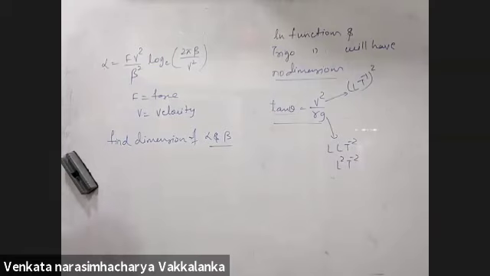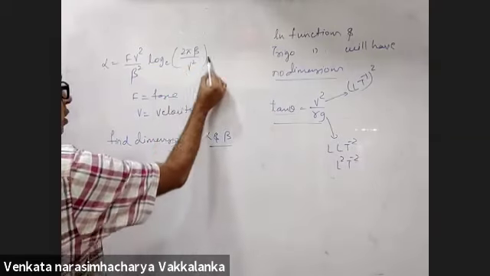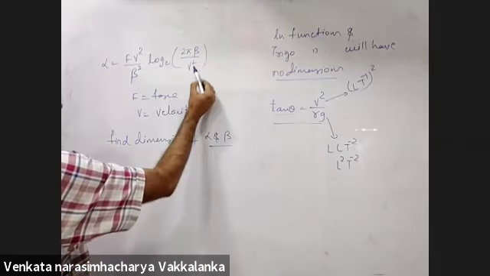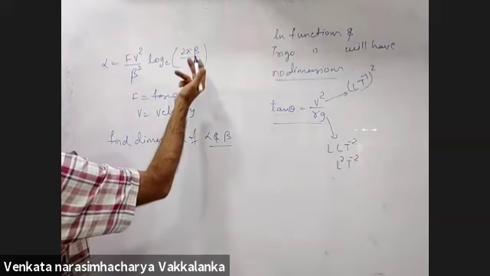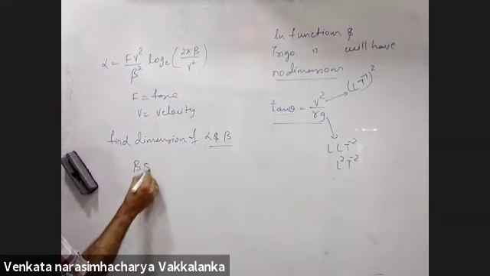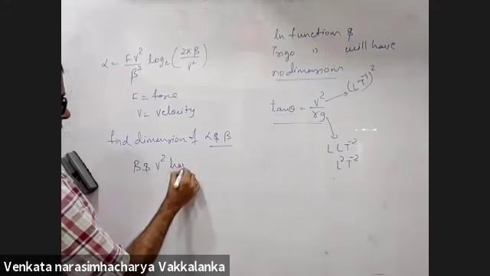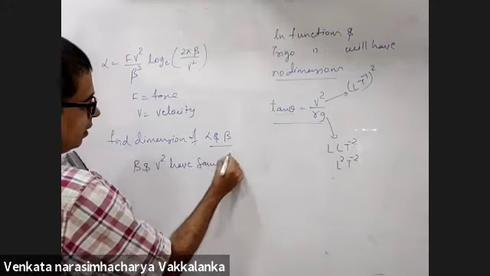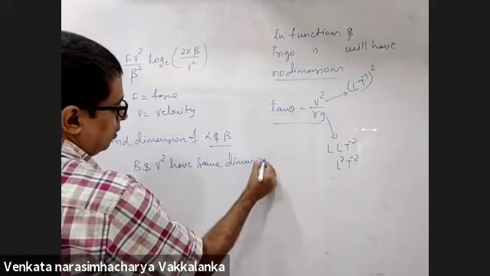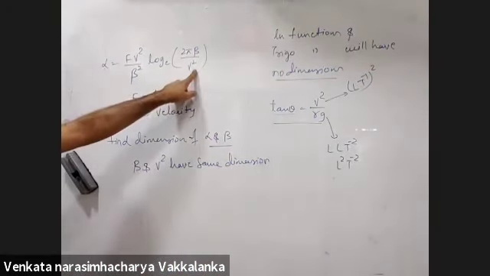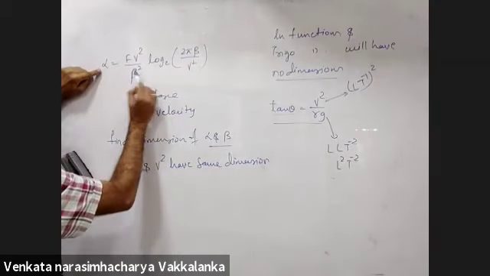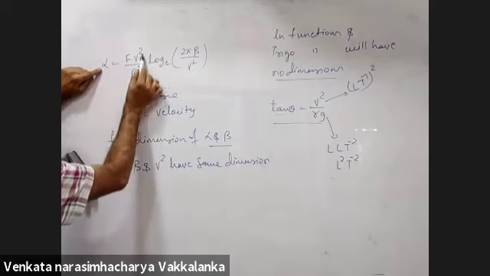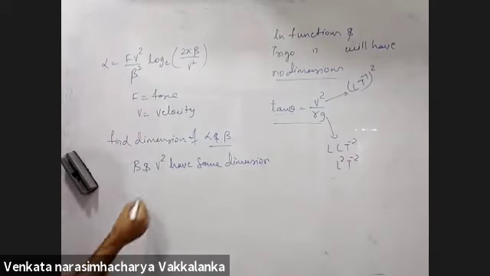Done, sir. Because the log function should not have dimensions, beta and v square should have the same dimension. Why? Because 2 pi will not have a dimension. So beta and v square have same dimensions. Next step is easy for you. V square ka dimension formula you know. Now once you know beta, f of v square by beta square is the dimensional formula for alpha.